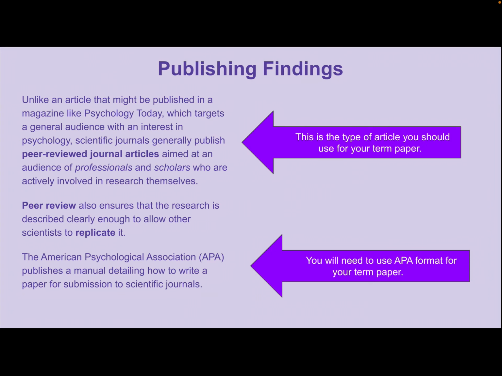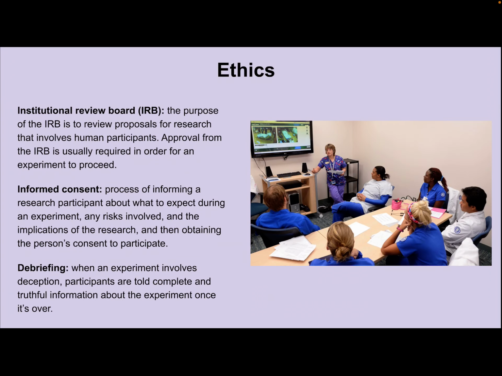A peer-reviewed journal article is an article read by several other scientists who provide feedback regarding the quality of the research and whether it's able to be replicated. To replicate means to repeat an experiment using different samples to determine the reliability, right? Reliability is consistency. Are you getting the same thing every time? If your hypothesis is really true, I should get the same results every time I replicate your study.